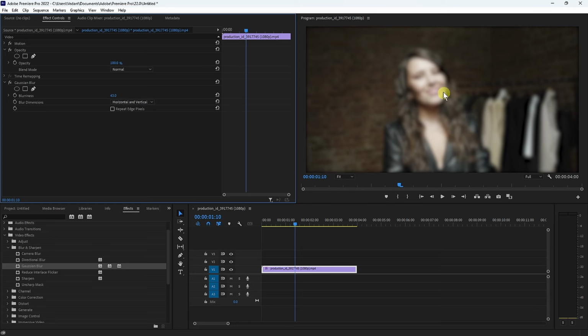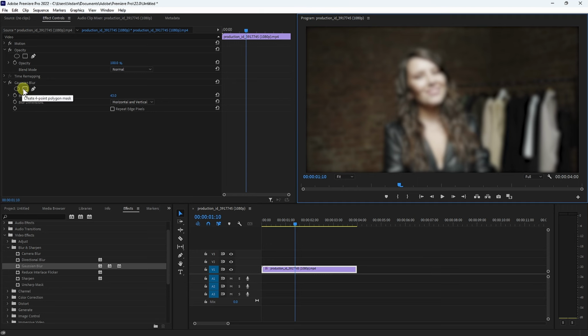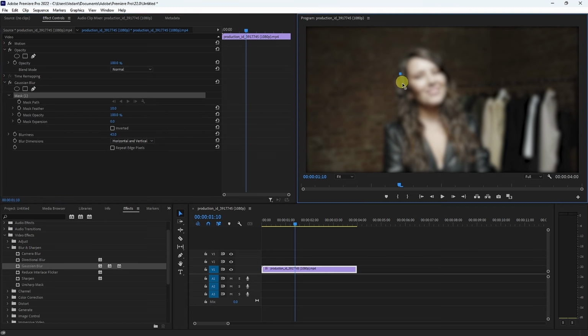But suppose I want to blur her face only, then I just need to create a mask around her face and then drag it. For that I can simply use these tools to create a mask. Three tools are here: ellipse mask, polygon mask, and this pen tool is also here. I can simply use this pen tool for precise masking. You can see this is how I can mask.